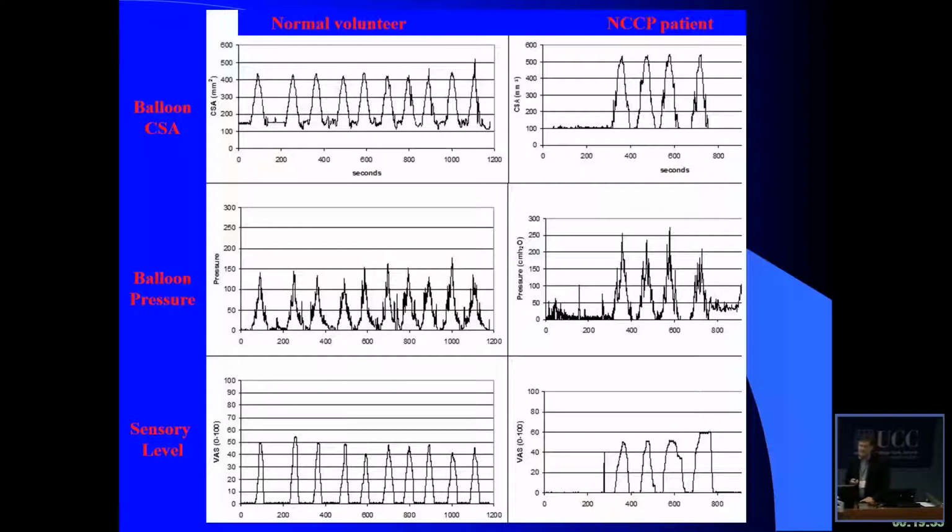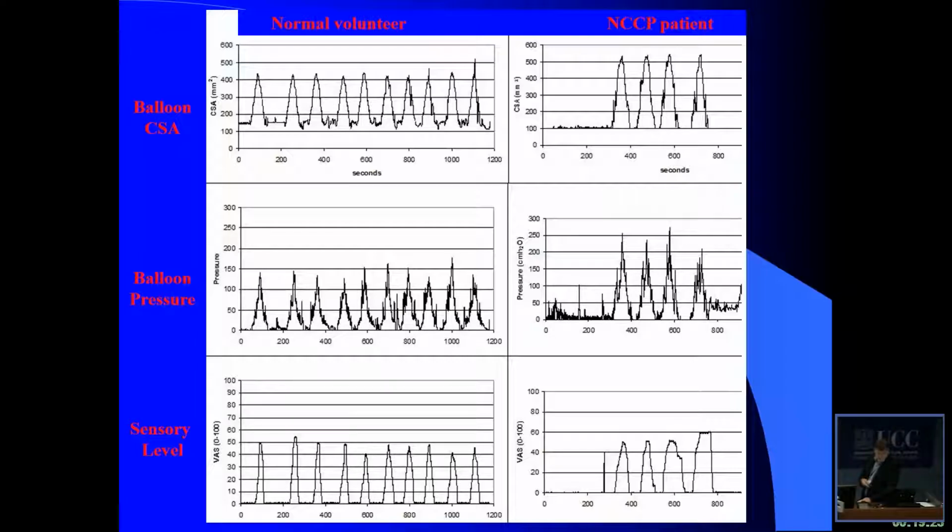If we did the same in a patient with non-cardiac chest pain, you can see a quite different pattern. Already after 4 distensions, the patients ask us to stop. The pressures look quite different, but if you look especially at the VAS curve here, you can see that it increases from the first time up to the 4th time where they tell us to stop. So clearly this is a test that can be used to